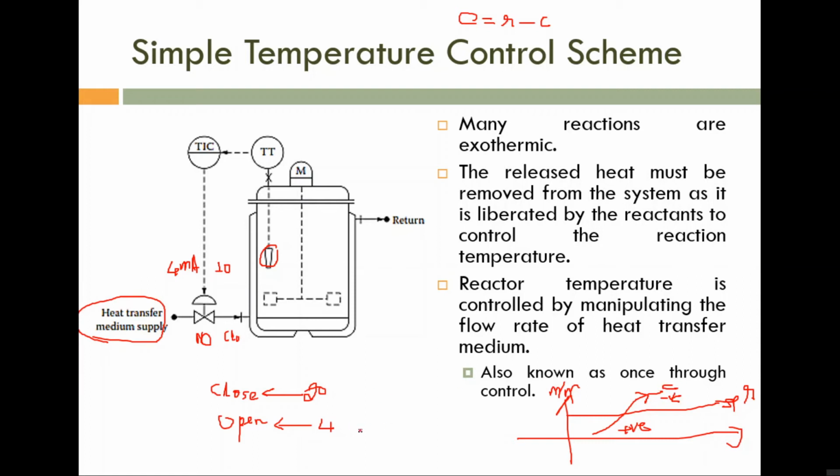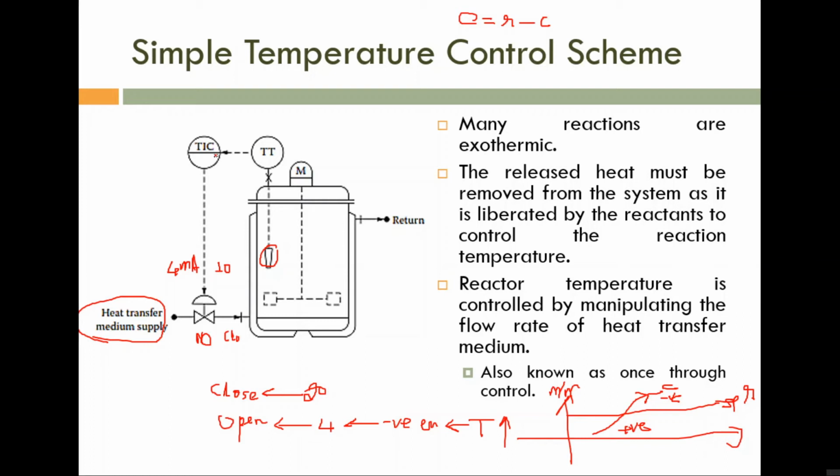Okay, so I am continuing this. When we need to open the control valve, if the error is negative, or if the temperature is large, then we have to give 4 milliampere to open the control valve. Negative error means the error is small, and positive error means the error is large. So for small error, we are giving small control output.